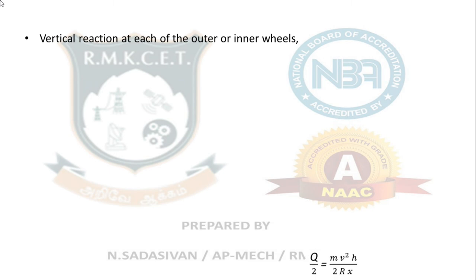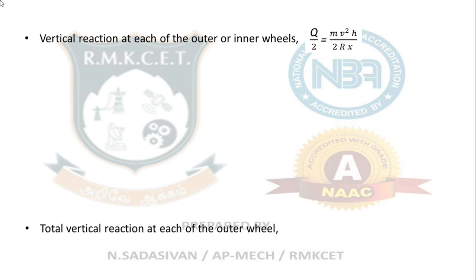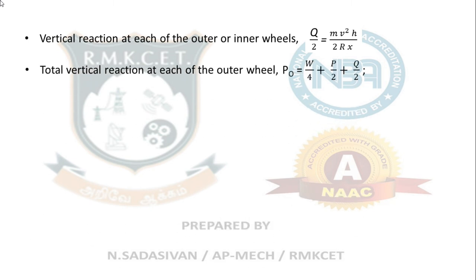So the vertical reaction at each wheel. This is the centrifugal couple. Total vertical reaction of each outer wheel: this is due to the weight of the car, this is due to the gyroscopic couple, and this is due to the centrifugal couple. Since outer wheels are pressed down, your gyroscopic reaction is pointing upwards. Always, all four wheels' weight is pressing down, so the reaction is upwards. In the gyroscopic couple, outer wheels are pressed down, therefore reaction is upwards. In the centrifugal couple also, the outer wheels are pressed down, therefore reaction is upwards. All three are pointing up, so full plus.